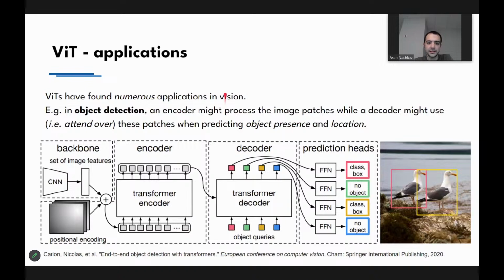So ViTs, as I said, they've become more or less ubiquitous in computer vision. They have found applications in all kinds of tasks. So here I would like to highlight, for example, object detection. Object detection is the task of locating and identifying any objects of interest in the image. So we can imagine an architecture in which we apply a convolutional neural network first to the image. We extract some convolutional features, which are, again,